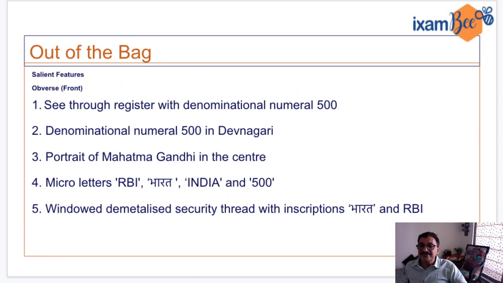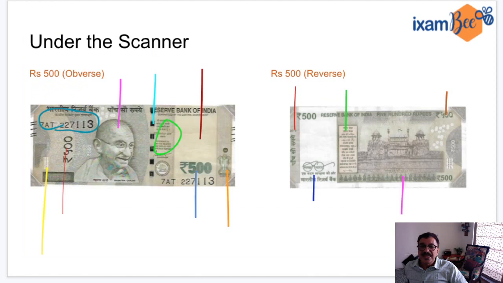Now, having said this, we have discussed all the features. I will go to the reverse side of this note. Here we are having merely the features, and these features are, there's a year of printing. Here you will find the red line will indicate to you the year of printing of the note. This is normally missing in a forged note actually. It's a small numeral here which gives you the year, and it also has, this is a normal feature now, a Swachh Bharat feature. The logo of the Swachh Bharat is there, and this is the language panel in which we have languages